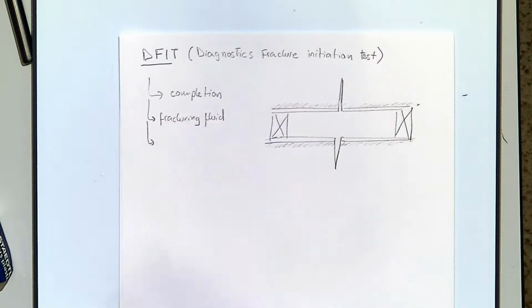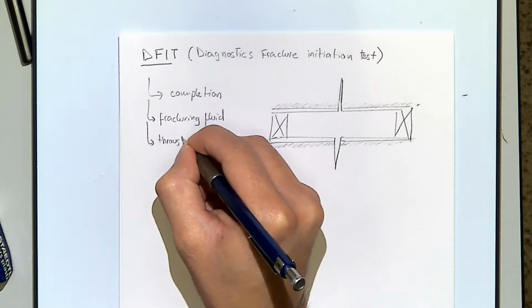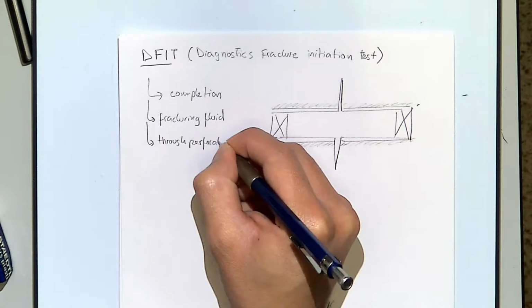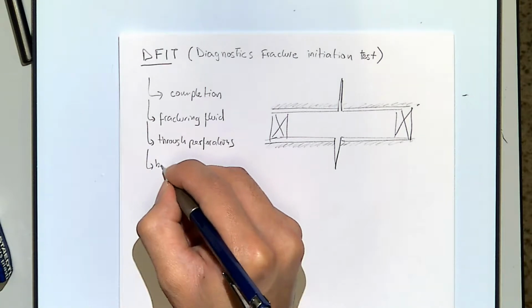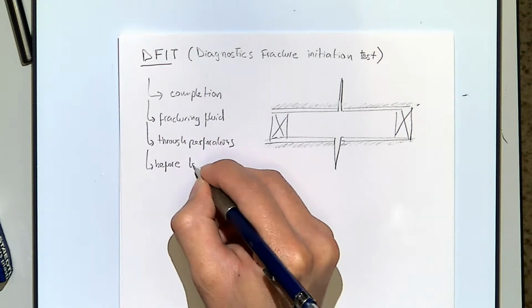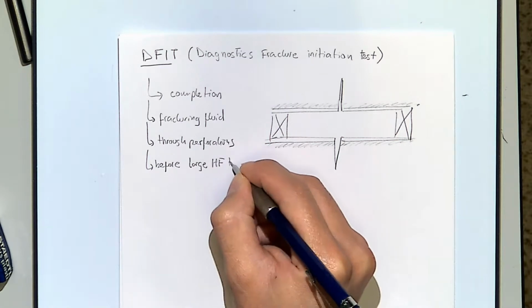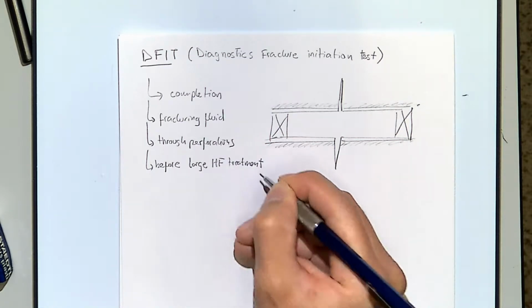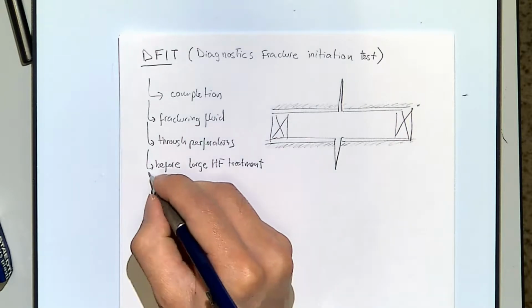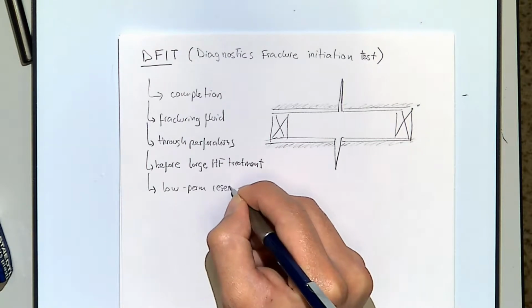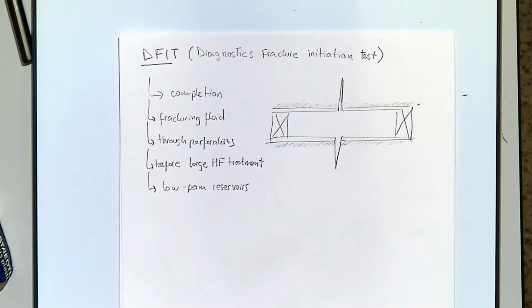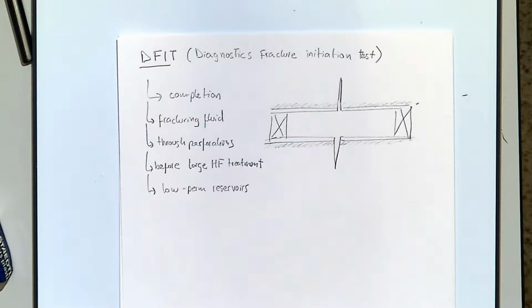Probably you can test several types of fracturing fluids in this case, and many times you're going to do this through perforations, before a large hydraulic fracture treatment, and usually, one more thing, this is done in low permeability reservoirs. Why? Because if they have very high permeability, most times you don't need to do a fracture. So mostly you need fractures whenever you have low